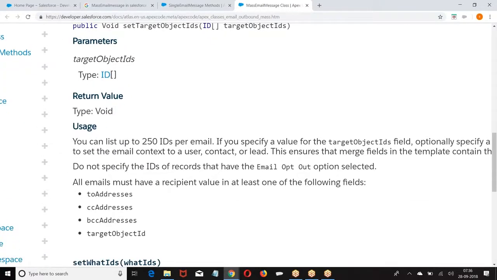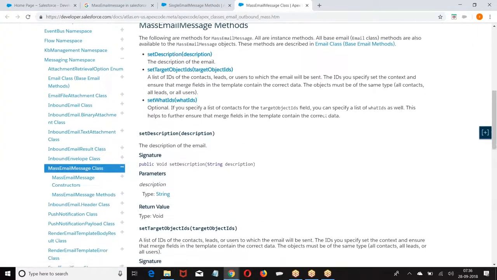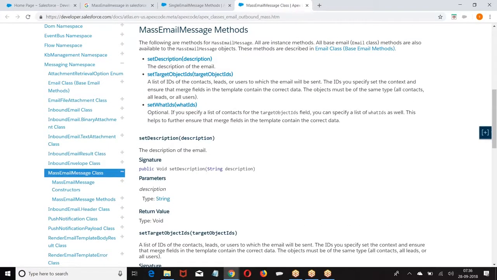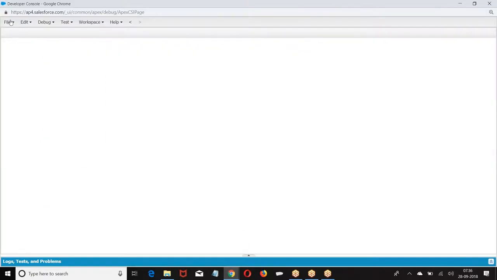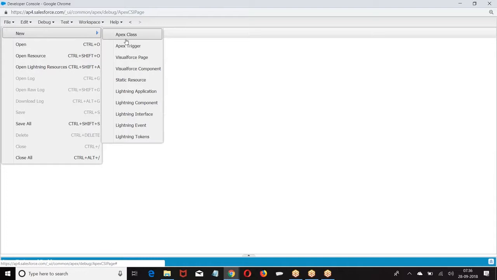When you go to single email message, 100; mass email message, 250. Otherwise, everything is going to be almost the same. Let us start our discussion first. I'll show you a basic example.